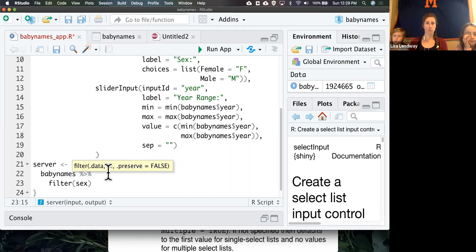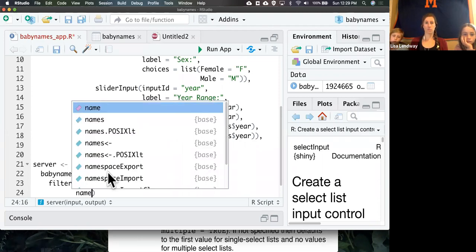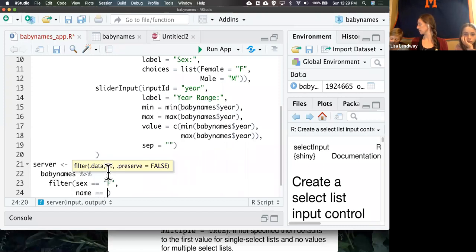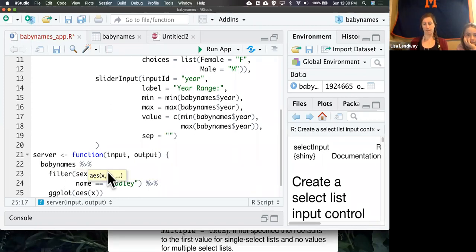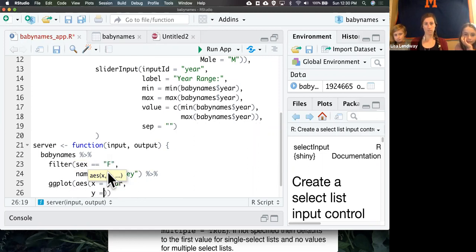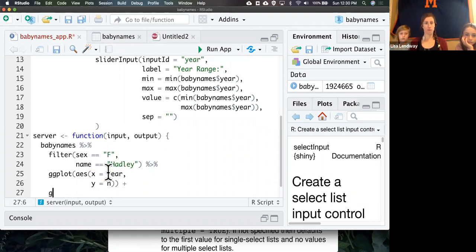So for now, I'm going to filter to sex equals female. And I'm going to filter to name equals Hadley. Oh, okay. You're going to let Hadley do it. That's great. So name equals Hadley. And I'm going to plot it. And let's see, on the x-axis, we're going to have year. And on the y-axis, we're going to have n. Did I forget anything? Oh, hello. I forgot my geom